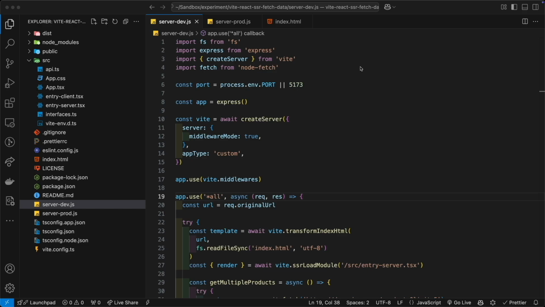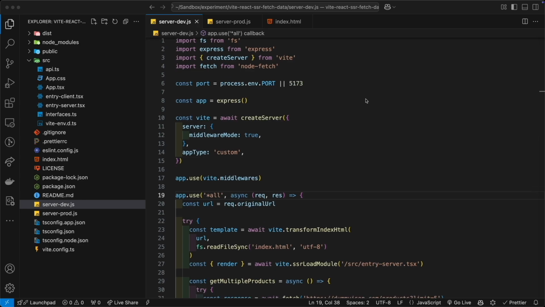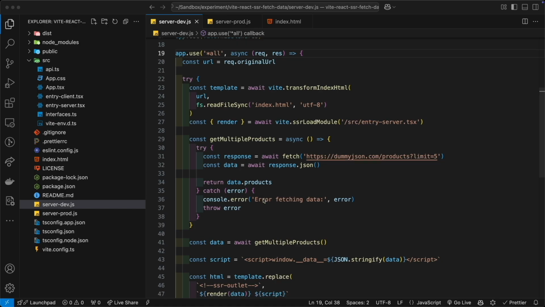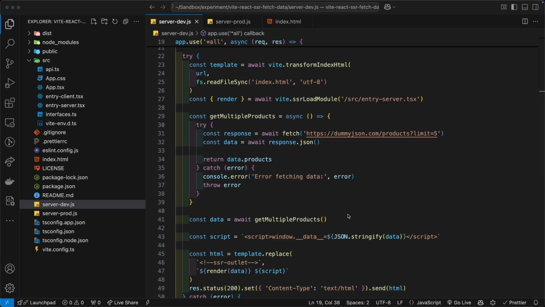The way that this approach is taught online generally goes something like this. Of course, you would leverage the Express library for Node.js to help you out. But you would write a function to fetch the data. You would then serialize the data and then assign that data to a JavaScript dunder